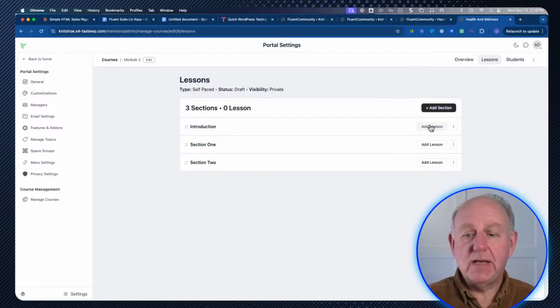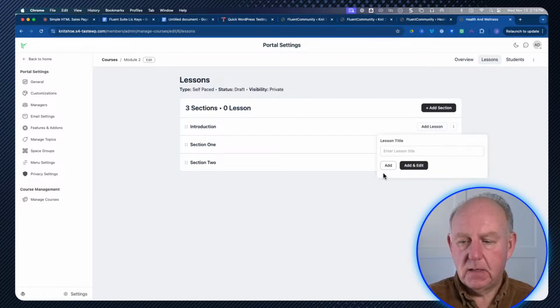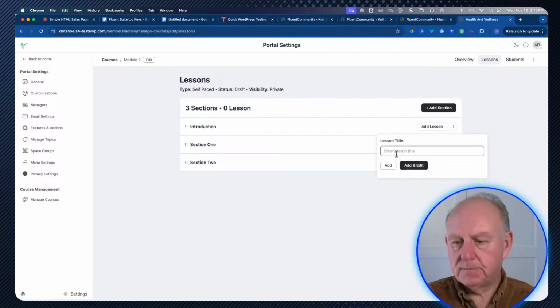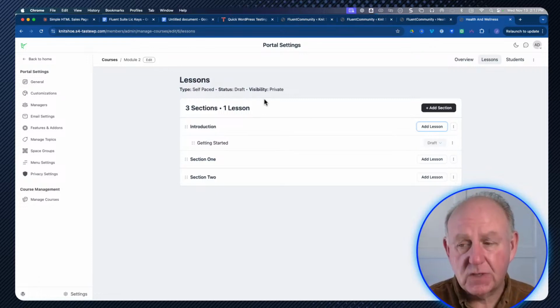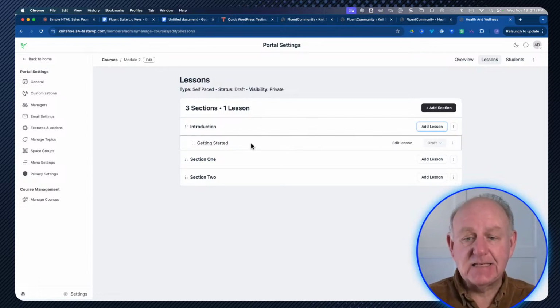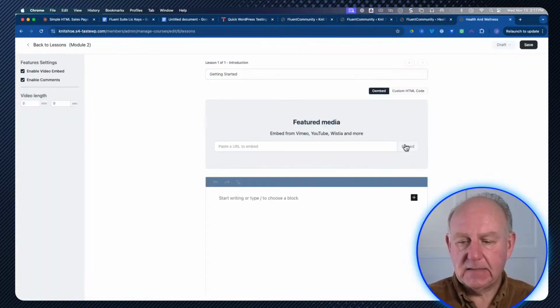So when I'm in a section, I want to left mouse click on add lesson. And I'm going to give it a lesson name. I'm going to say getting started. Put that one in. It's marked as draft. Remember, this actual course is marked as draft, and this lesson is marked as draft. So I'm going to click Edit Lesson, and this is the default setup for the